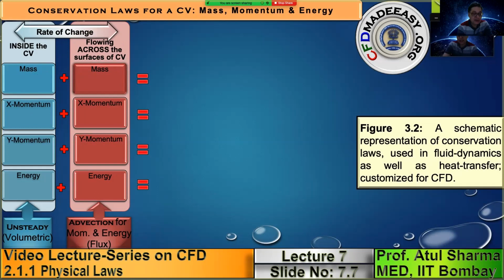The variable which appears for rate of change of mass inside the control volume is represented here by this curly m, which I'll call curly m. And for momentum, when you apply rate of change of x momentum, the variable which appears is the product of mass with u velocity. Similarly, for y momentum, it's the product of mass with v velocity. And for energy, we have a term which is enthalpy, which is equal to the product of mass, specific heat and temperature.